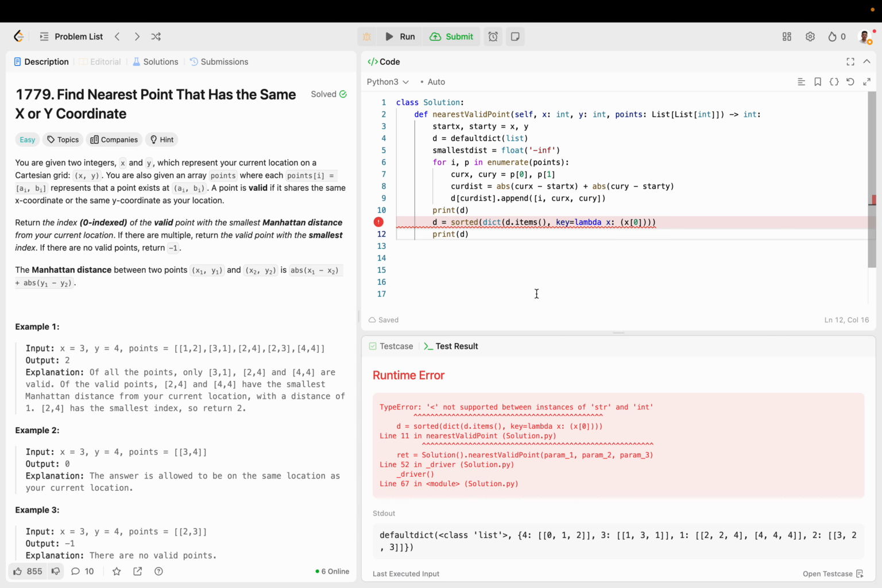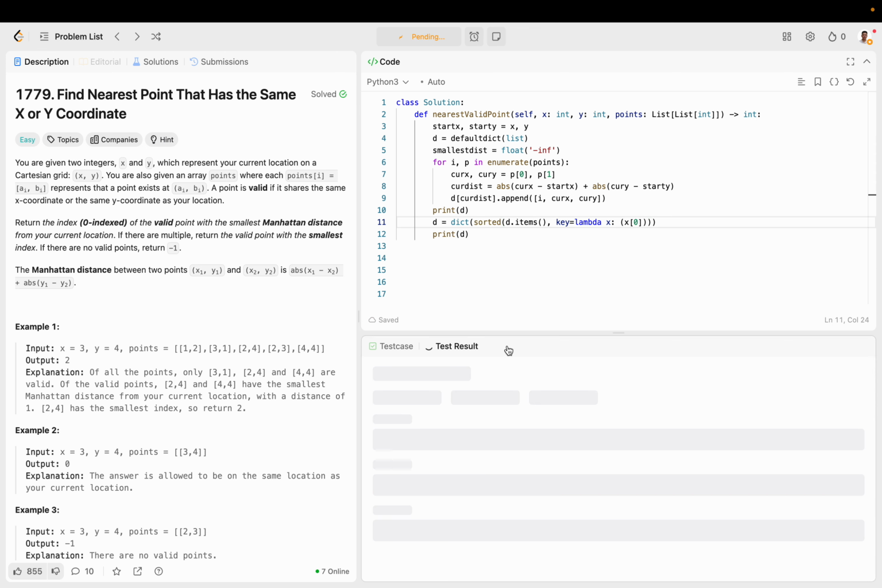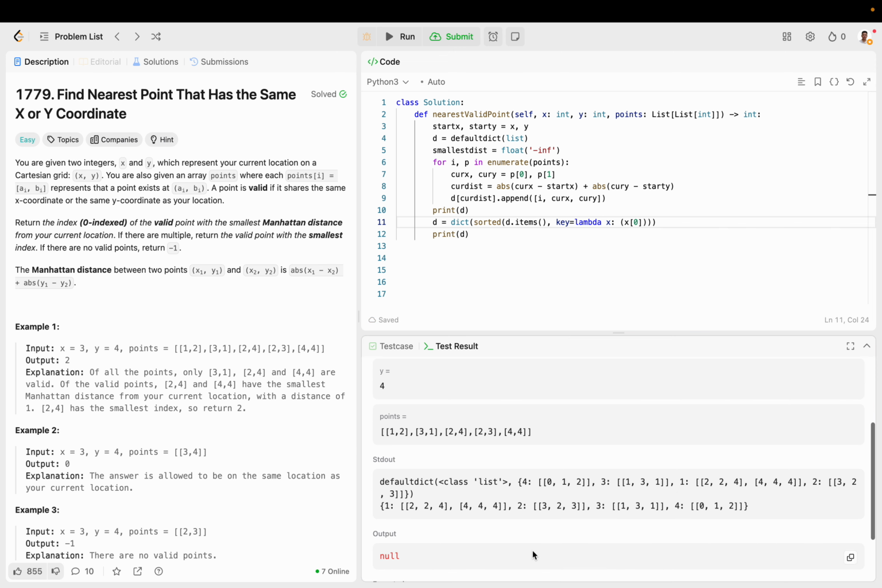Not supported between string and integer. Okay, that's because I defined this incorrectly. That should be fine. Okay. So now we have our sorted total, but now we also want to sort by the index, which if you recall was the 0th element of the 0th sublist of our value section of our dictionary. Okay. So now what we can also do is